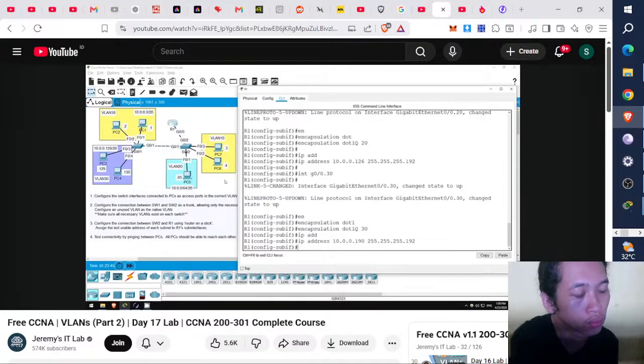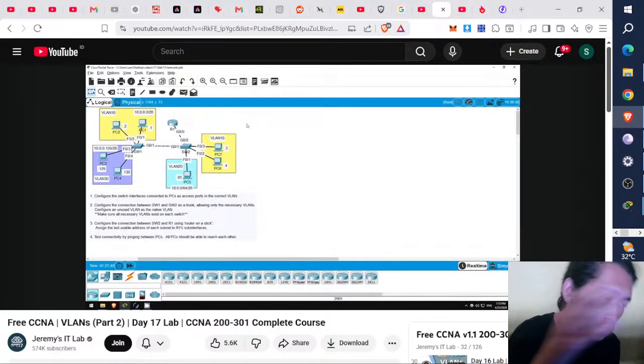So that's all of the configurations for this lab. Next up is to test connectivity. If everything is configured correctly,